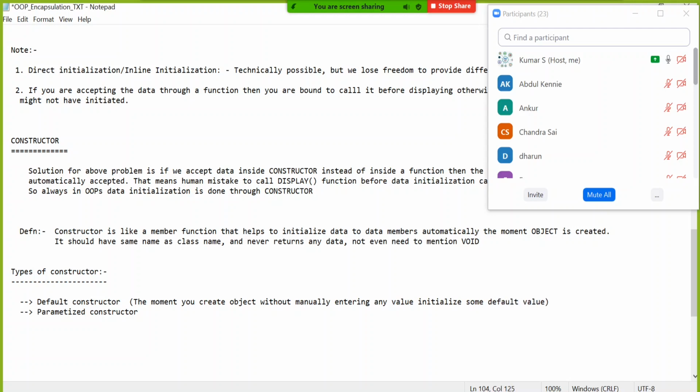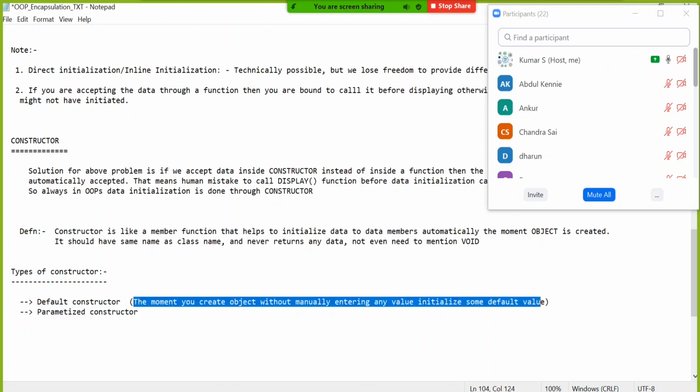Like I will say, tomorrow I'll ask what is the name of the employee and what is the salary, but today you give it 0 and blank. That kind of value is called a default value, and a default constructor is one without any parameter. That means whatever constructor we used yesterday, as per the definition, is a default constructor.